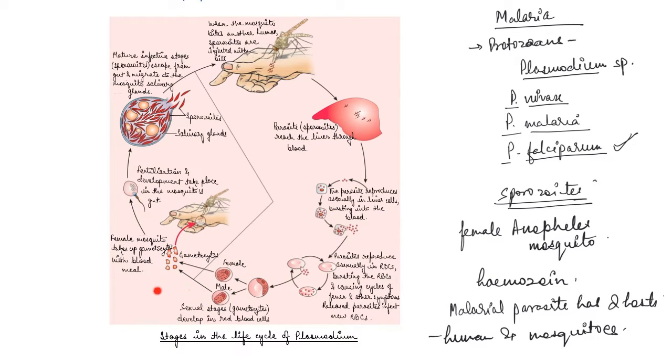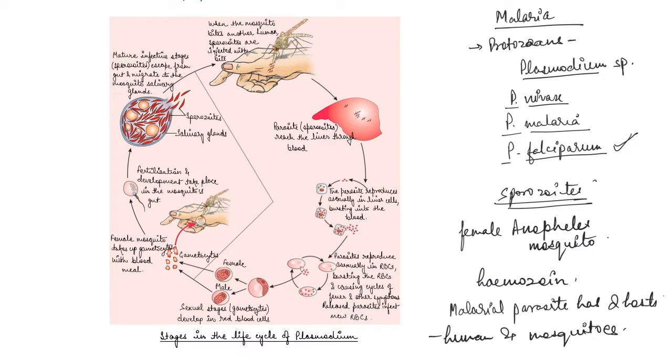Now, again, a fresh mosquito comes and sucks the blood of this human who is already infected, right? And this female mosquito takes up these male and female gametocytes with the blood meal. And then again, in the mosquito, the other half of the life cycle of Plasmodium occurs, where fertilization and development happen in the mosquito's gut, and then these fertilized forms mature into sporozoites,